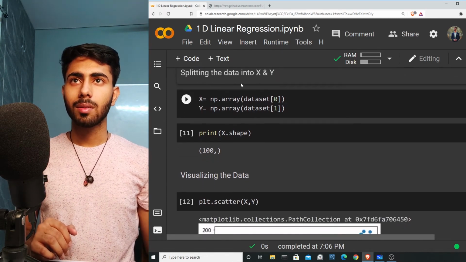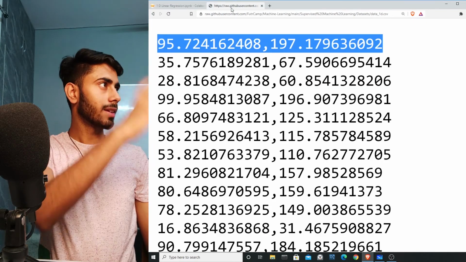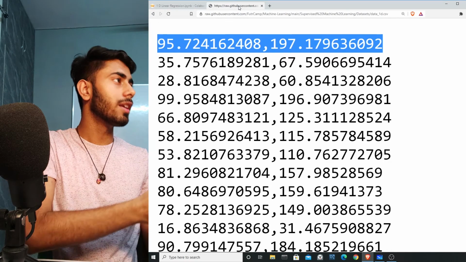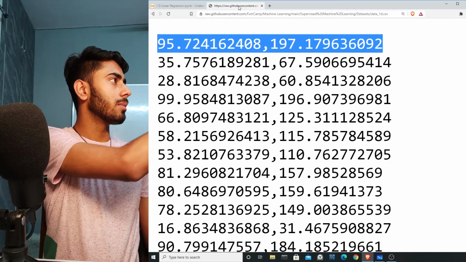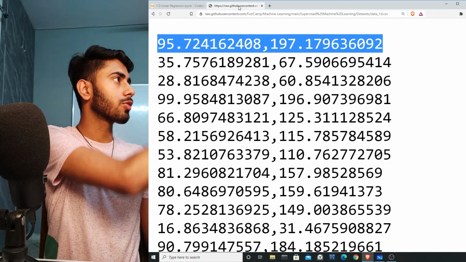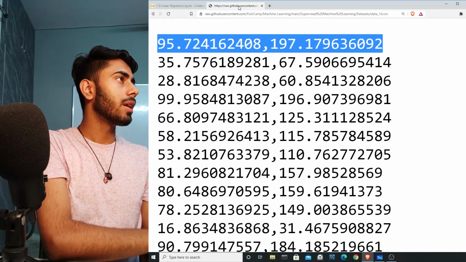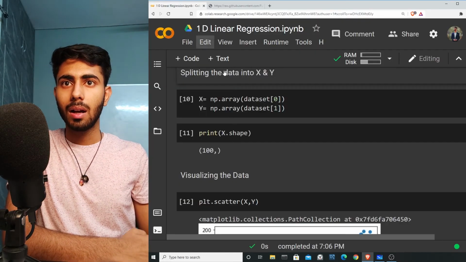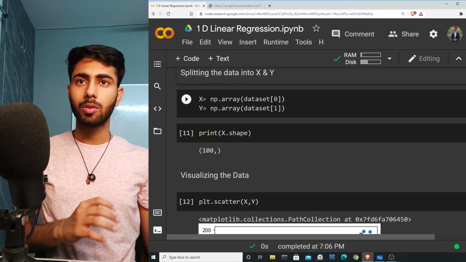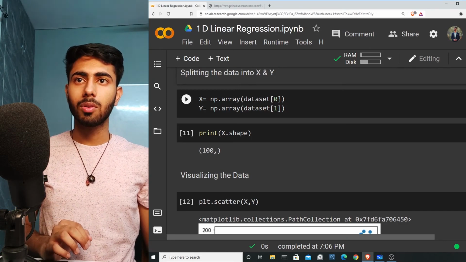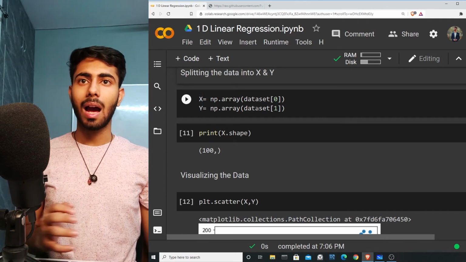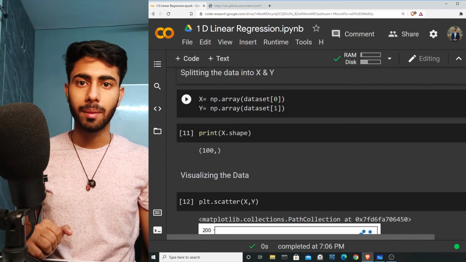Now for x, since my data looks like this, you can see that the 0th column represents the independent variable, and the first index column represents the dependent variable, which means the y variable. So I'm going to specify that the 0th column goes into the independent variable x, and the first column goes to y.